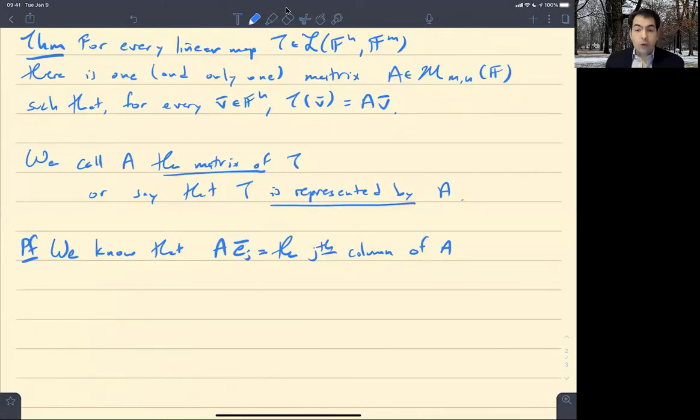So we saw when we talked about matrix vector multiplication that you can think about a matrix vector product as taking a linear combination of the columns of A, where the coefficients are the entries of the vector V, right? In this case, the vector EJ just has zeros except for this one. So when you're taking this linear combination of the columns, you're not taking any contribution from any column except for the jth one, and you're just taking the whole jth column. So that's why this is true. You get the jth column of A. Okay, so since that's true,